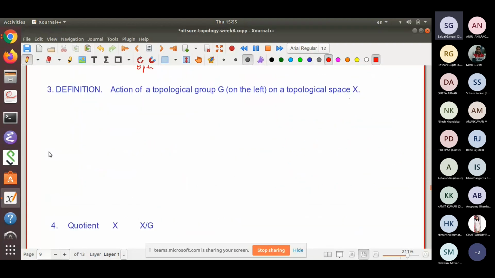Now let's define this important concept, action of a topological group on a topological space. This definition, very, very important in mathematics, is this. You know what a group action in sets is. In all kinds of categories in which there are binary products, terminal object, initial object, etc., you can have a definition of group appropriate to that category,